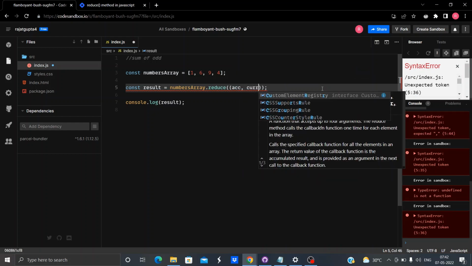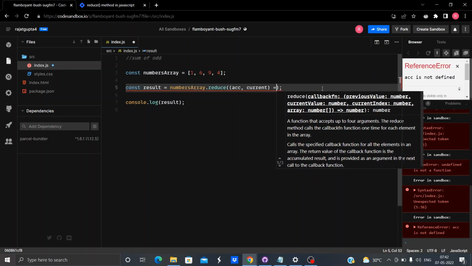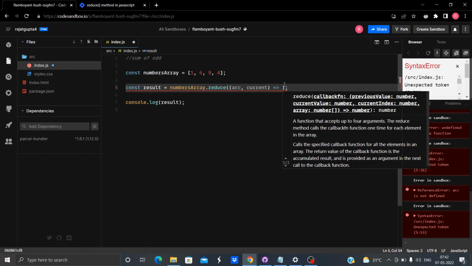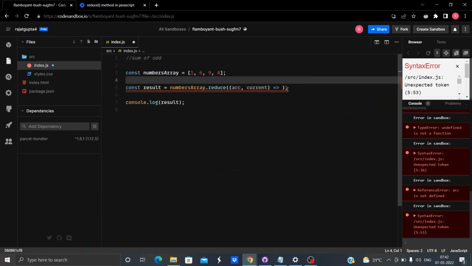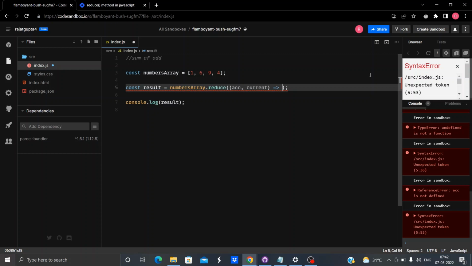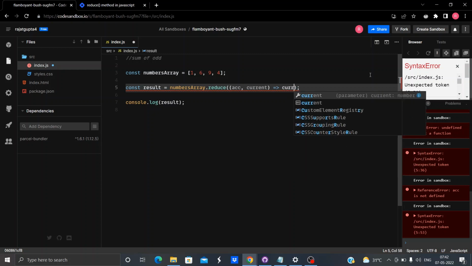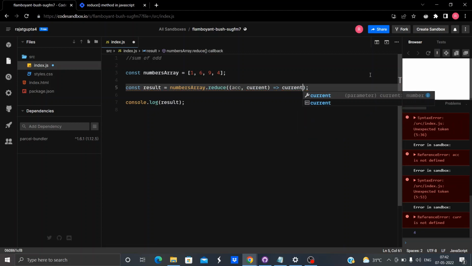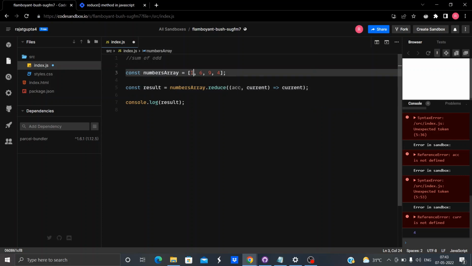Accumulator and current we are getting as input. Here we need an initial value. I'll tell you why. First let's write this. Since I'm using an initial value, the current will start from 1, that is from the 0th index itself, no?